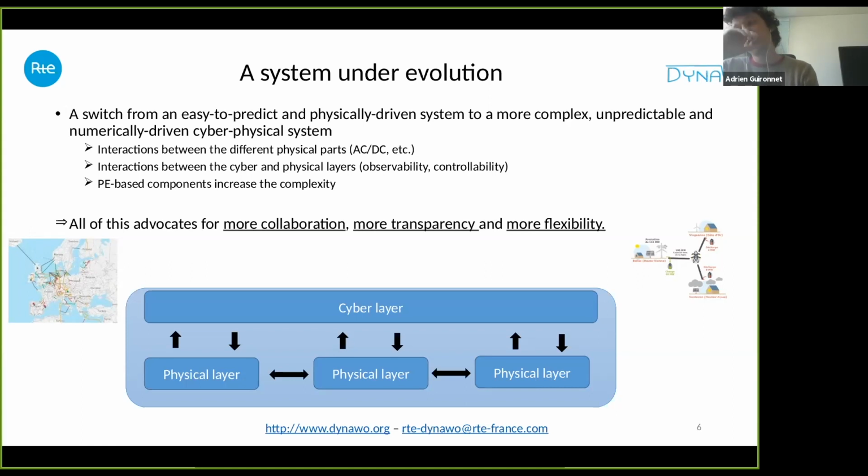If we try to sum this up in one sentence, in the past we had a system that was quite easy to predict, mainly driven by large synchronous generator units: nuclear power plants, fuel power plants, hydro power plants. And we are going towards something that is more complex, more unpredictable, and also more numerically driven, a turn towards more cyber-physical systems with more renewable energies, more controllers, DC networks, power electronic-based components. And all of this, of course, makes it more difficult to be sure to operate the system in a stable